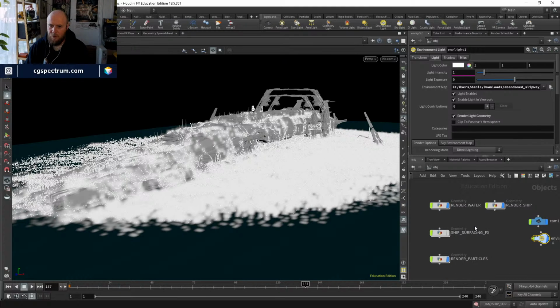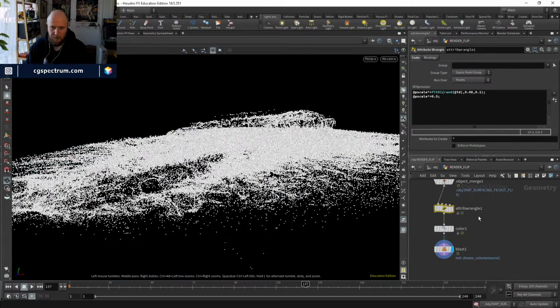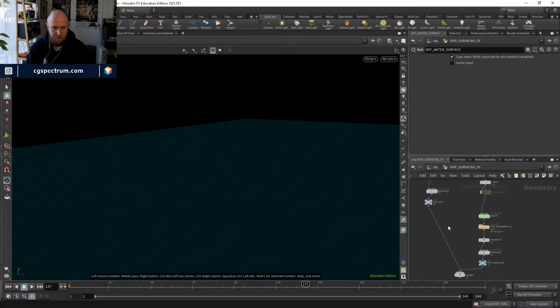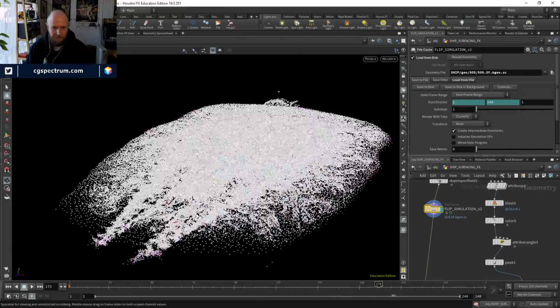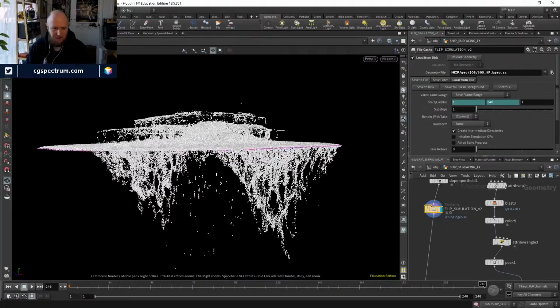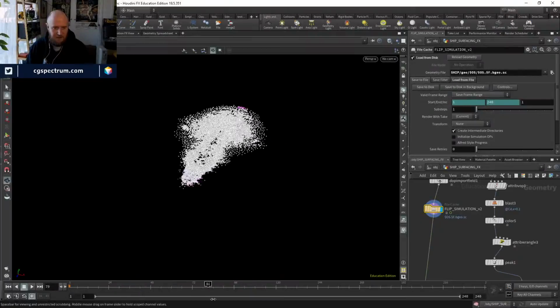All right, so let's see. What was I going to do? Oh, just lastly, because I do have to go, I was going to check out this simulation and see what it was looking like, because it looks the same here. And as you can see, it's flowing off the edge again. I guess it's flowing off a little less, maybe. We've got that drag in there, but it's not